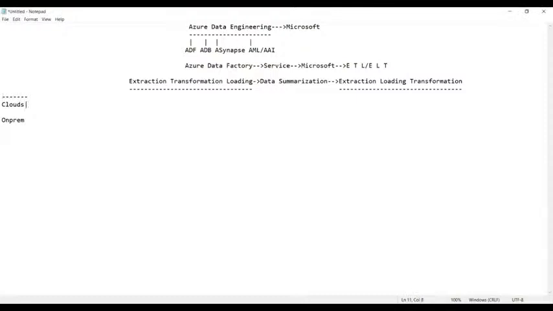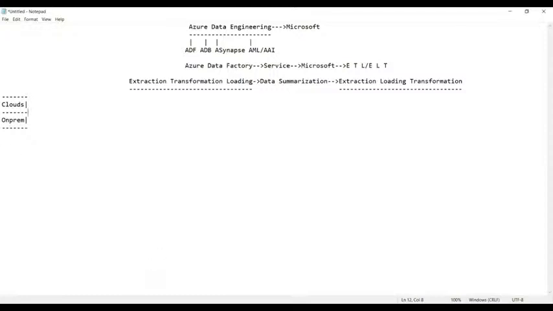Before we go ahead, guys, I wanted to know first of all from you, what is the difference you have between the clouds and the on-premise, do you know it or not? Need not hesitate, everyone. Just tell me what is the difference between clouds and on-premise. Any idea or not?